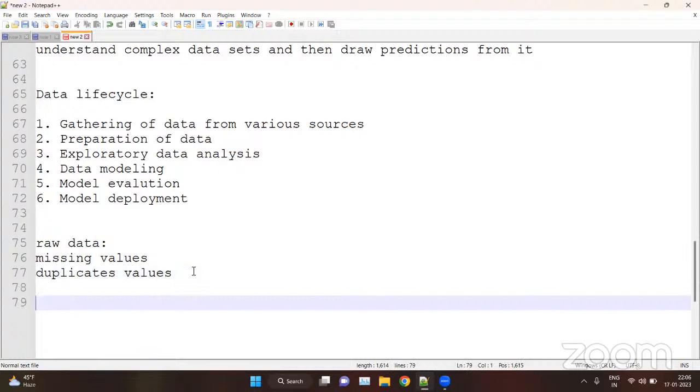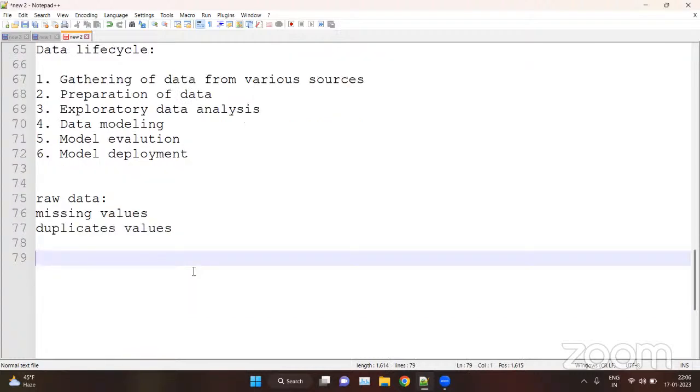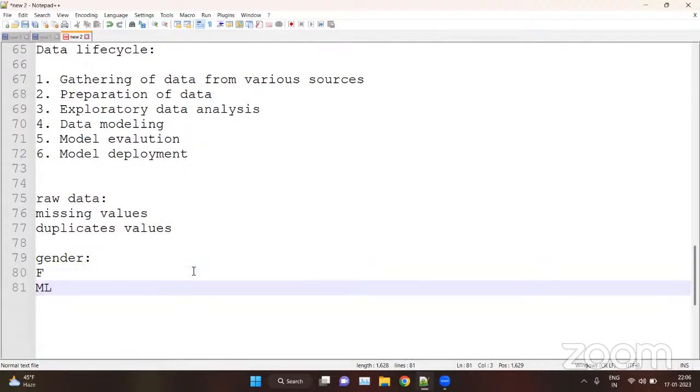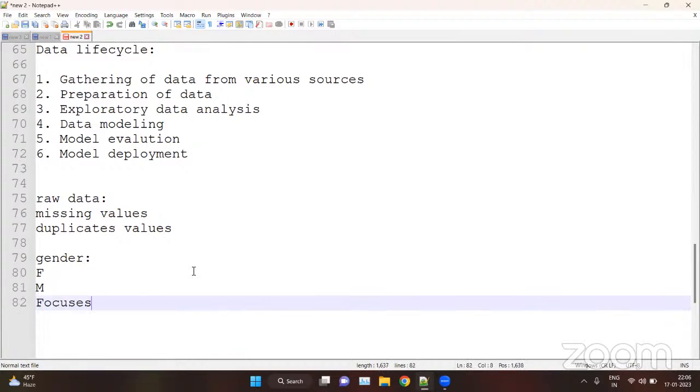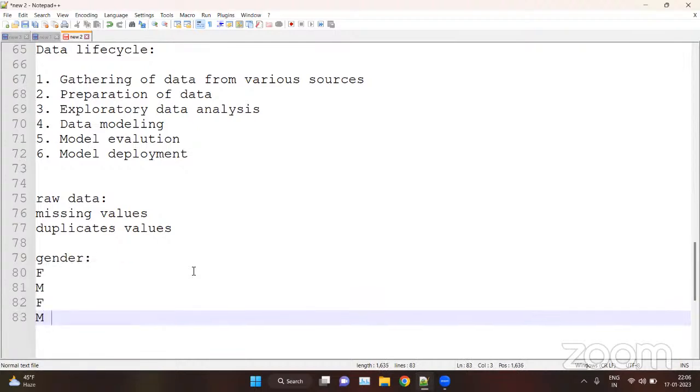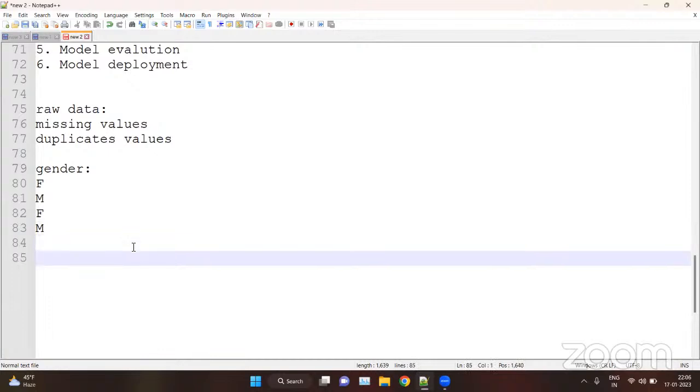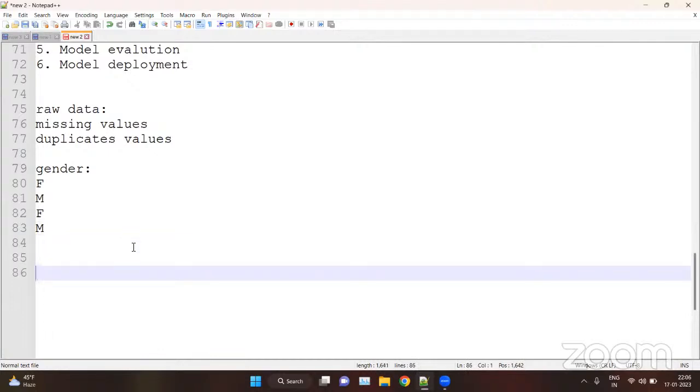That is analyzing your data. Suppose there's a column in your data, let's say gender. Inside gender we have F and M, female and male. We mainly deal with numbers. If we have numbers in our data set, then it is very useful.